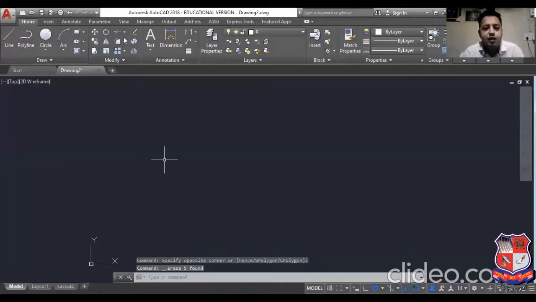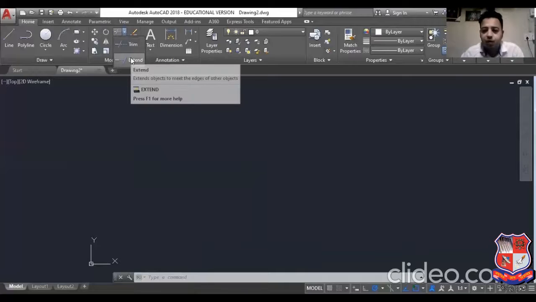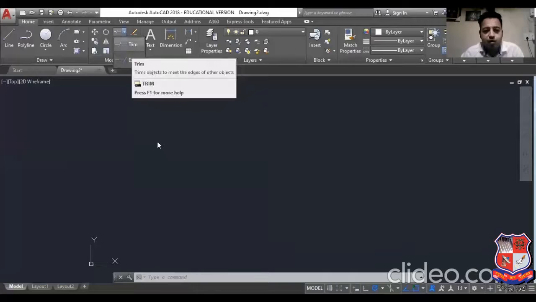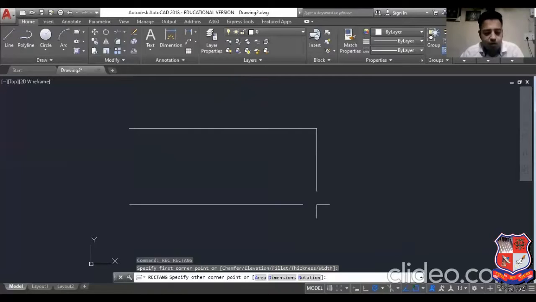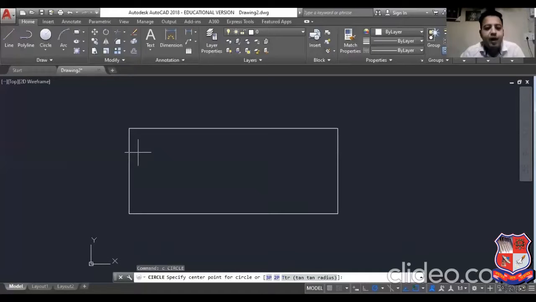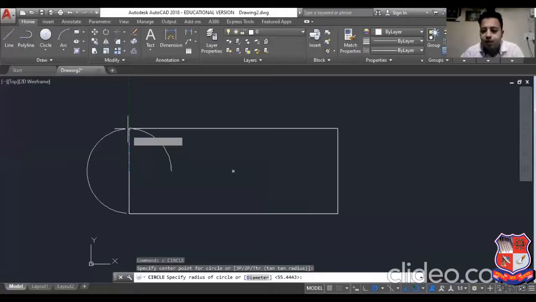Fine. So this is over for the scale tool. Now we will see the next topics: trim, and second is extend. Trim. First of all, I will draw one figure which will help me explain trim. Suppose I have created one rectangle, and here I have created one circle, and a second circle like this.